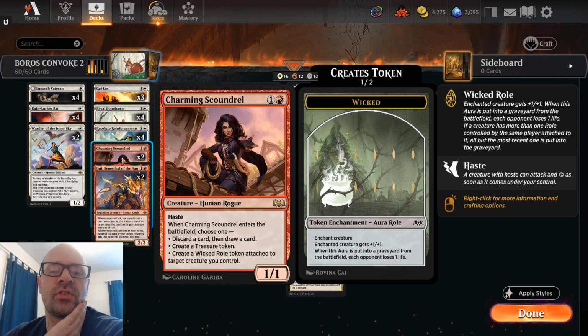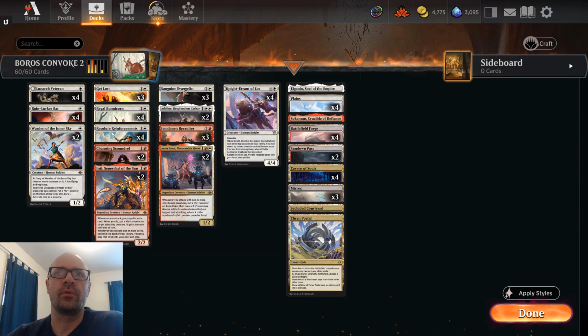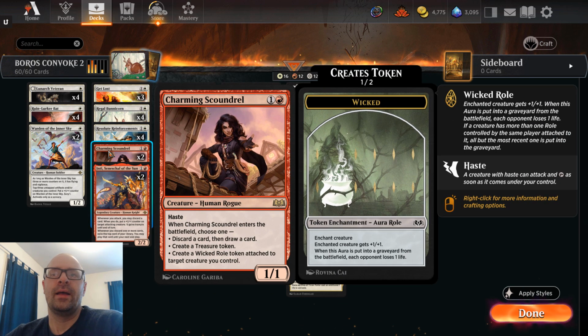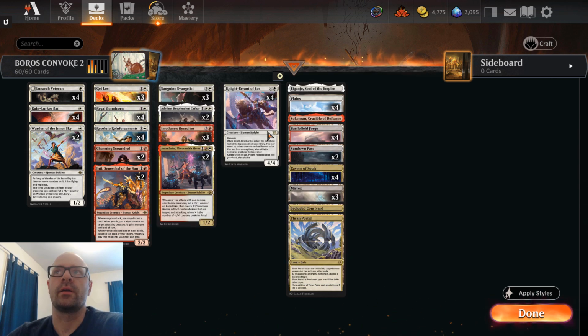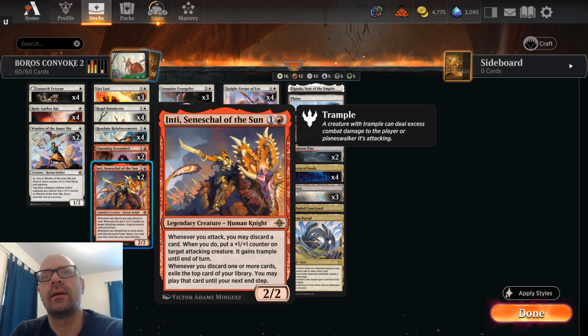2 copies of Charming Scoundrel. This is kind of like Resolute Reinforcements 5 and 6, essentially. The treasure token that you make also, if you're stuck on land, can help you power out one of your 3-drops. And basically it functions as two pieces of virtual cardboard that you can use to get your Knight Errant of Eos going. We also have 2 copies of Inti, Seneschal of the Sun,